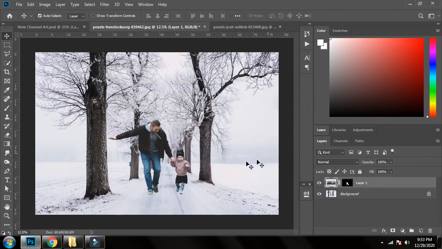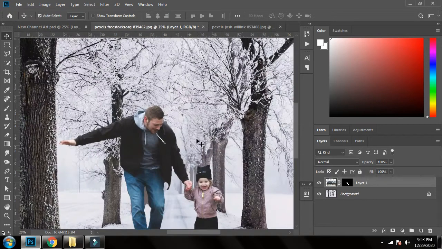Yes, that looks good. Now I will give some adjustments to both of the images